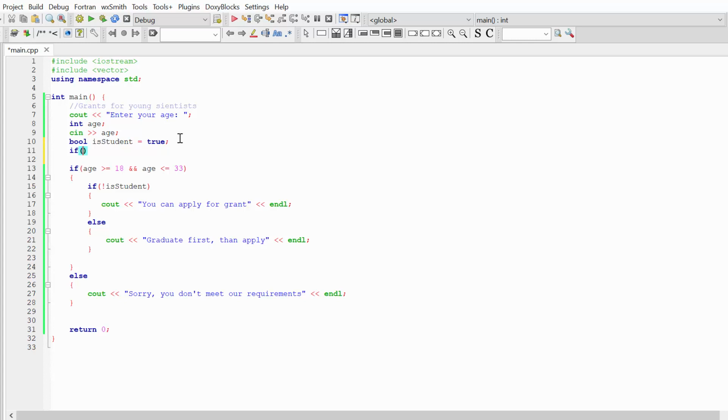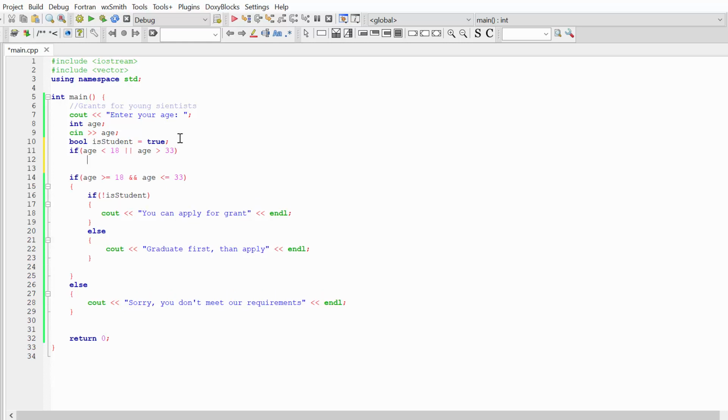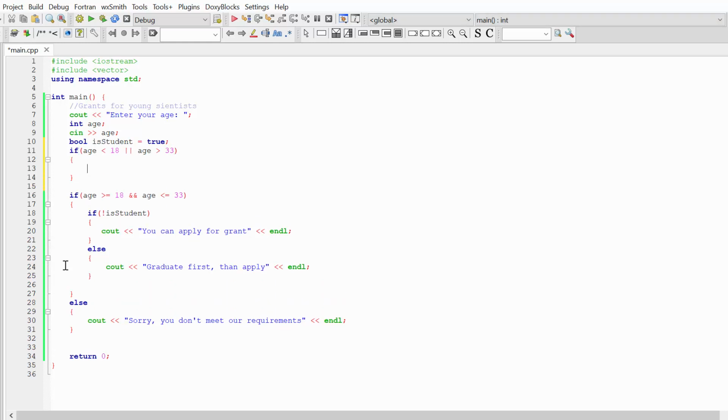I'm going to check if the age of my user is less than 18, so my user is too young, or my user is too old. So if my user is too young or too old, I'm going to write him, sorry, you don't meet our requirements. After we checked this condition, now we are left only with the users with the suitable age.